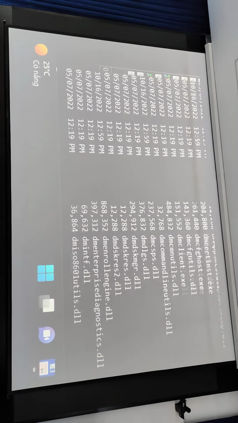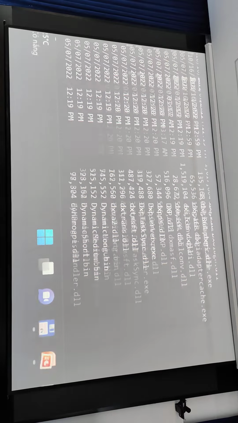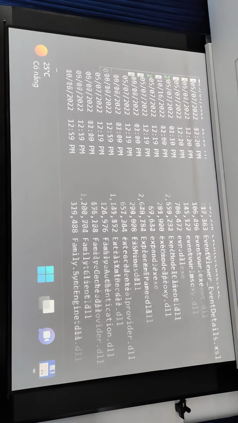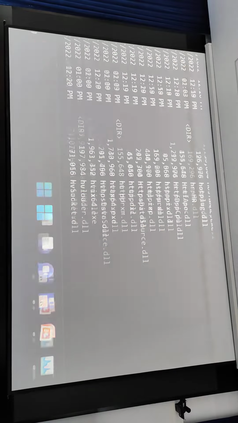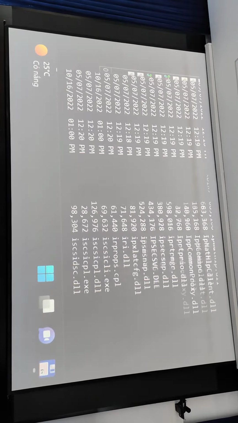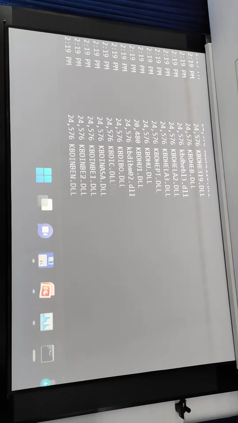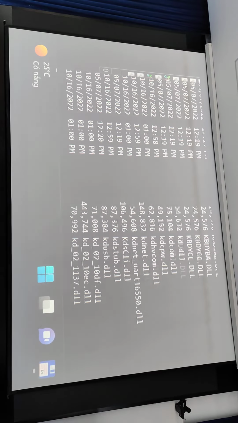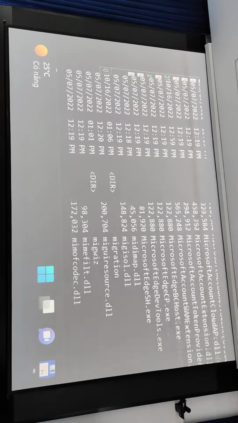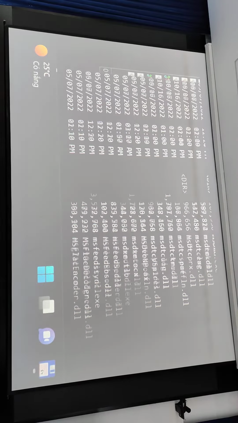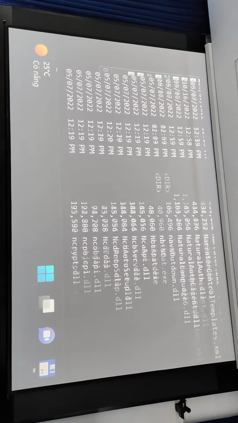Yes, and in this folder, you could see a lot of programs, a lot of files that store information. There are a lot of DLL executable files. Yeah, just inside one folder of one operating system, there are a lot of files.